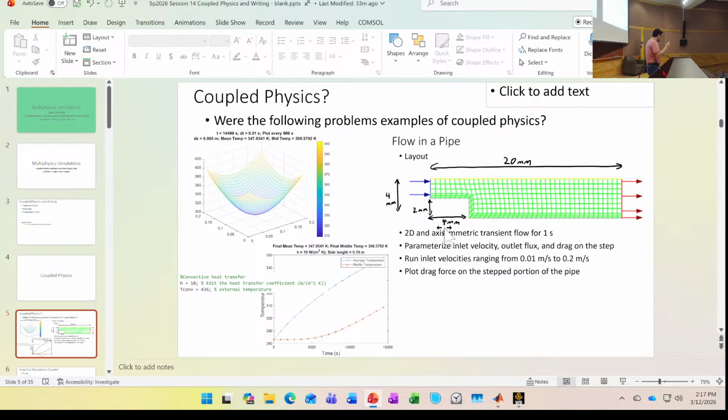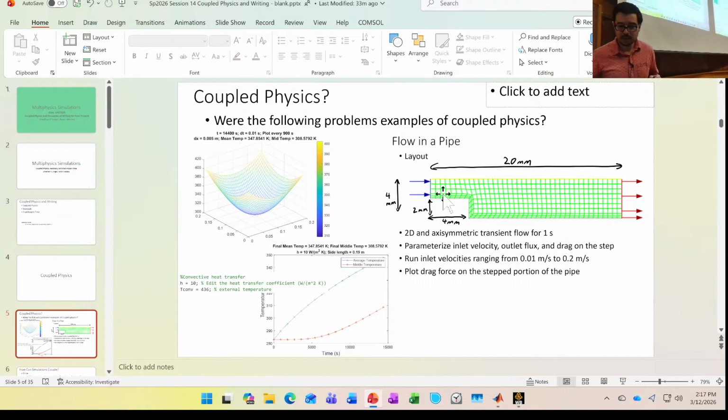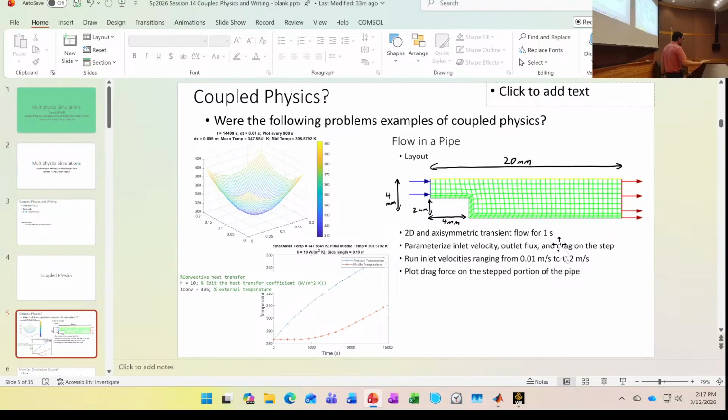A very similar problem. What about in this case over here? That was no heat transfer. In fact, when you put in liquid water, the specific heat capacity of the water disappeared. It was purely a fluids problem where we meshed. What did we measure on that step, though? The drag force. We measured the drag force.